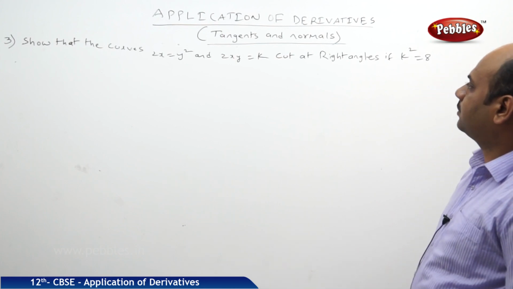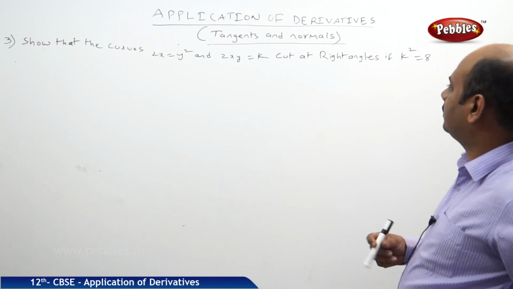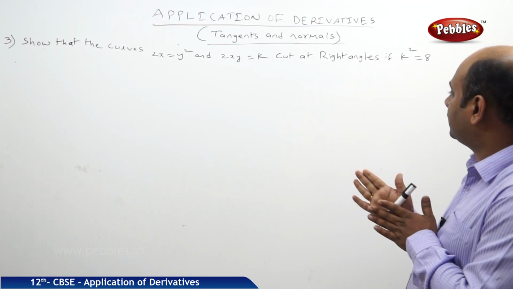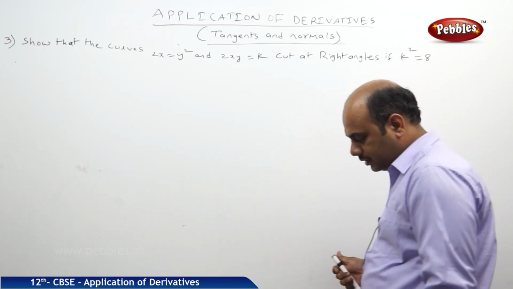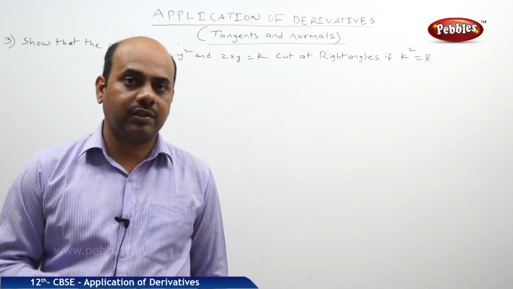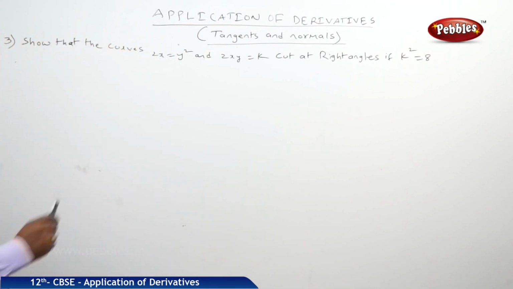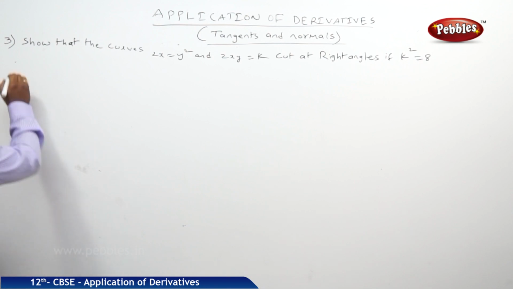Show that the curves 2x is equal to y square and 2xy is equal to k cut at right angles if k square is equal to 8. That means finally I need to show k square is equal to 8 provided the two curves cut each other at right angles. So what I will be doing,